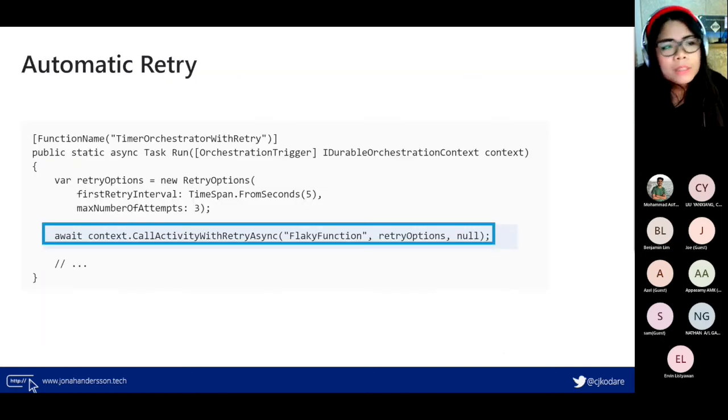And this is how it looks: an automatic retry, CallActivityWithRetryAsync. You call your function that's probably flaky and not working properly, and you want to retry it. So you have your retry options: the interval and the number of attempts.